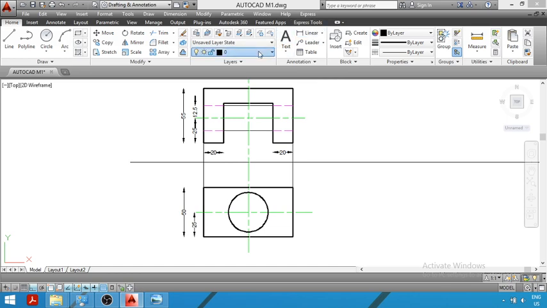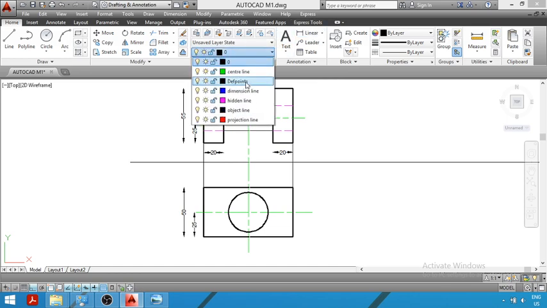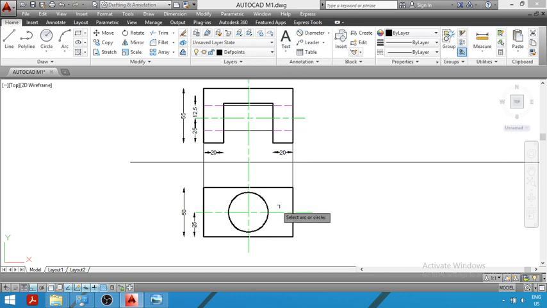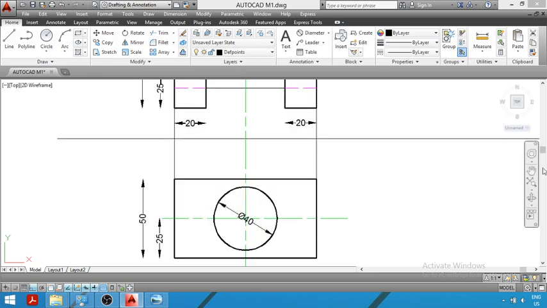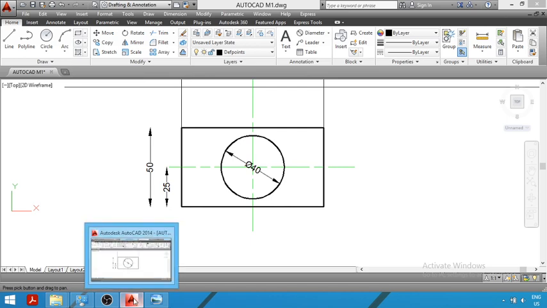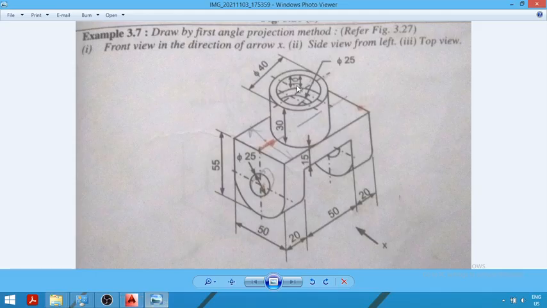Now we will give the dimension also, so that you can clearly understand it. So the diameter of this circle, you can see the diameter is what? 40 mm. The diameter of this first circle is equal to what? 40 mm. I will zoom a little bit. So the diameter of this first circle is what? 40 mm. Now in the next step, we will draw the top view of these circular holes or cylindrical holes.